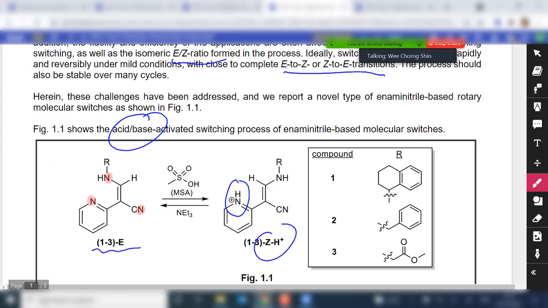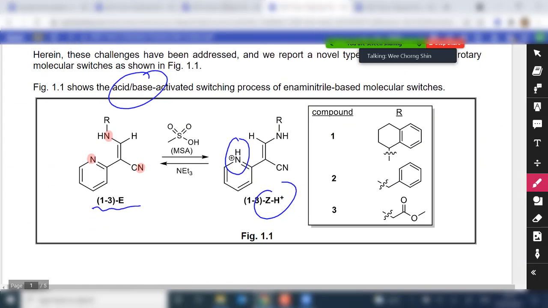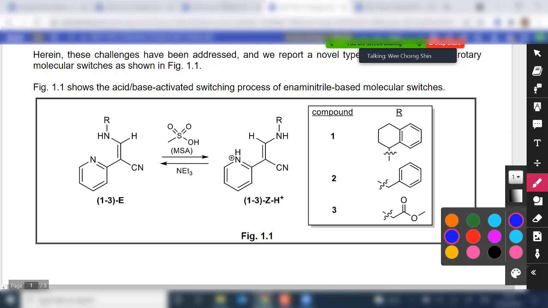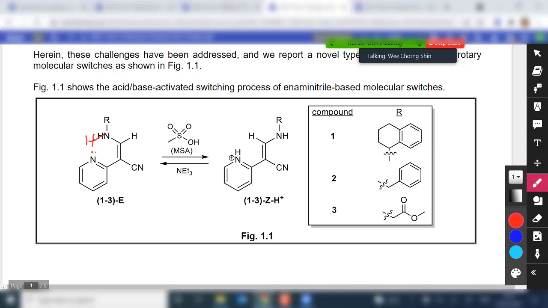So let me just flip over here. Now, if I'm going to erase this thing, you will notice that if I'm going to just open up the bond here, the lone pair is available to form intramolecular hydrogen bonds. So that means that there is indeed a preference for intramolecular hydrogen bonds if the lone pair of electrons at the pyridinyl nitrogen is available. But then upon protonation, it's not available anymore. So since it's not available,